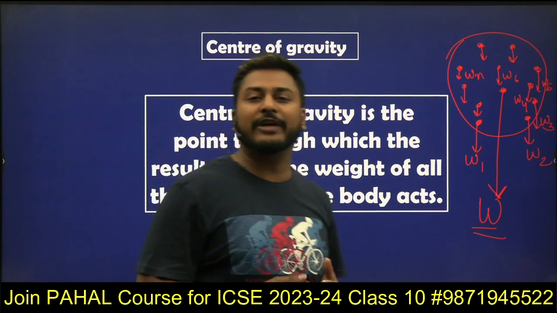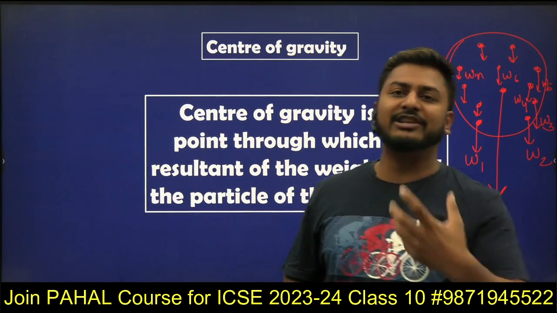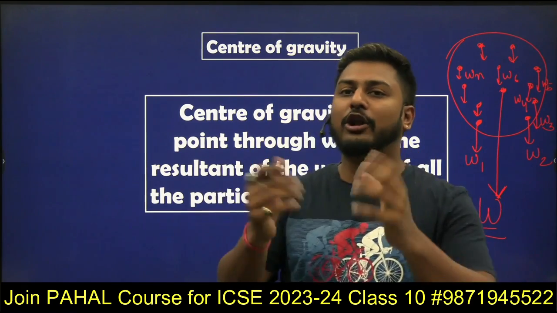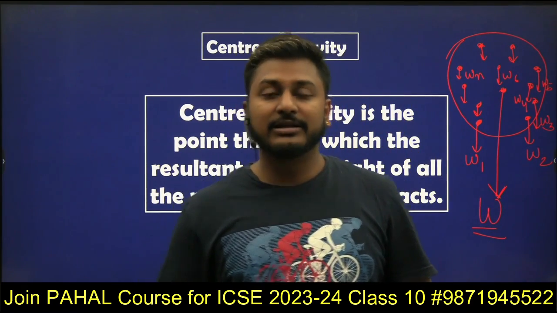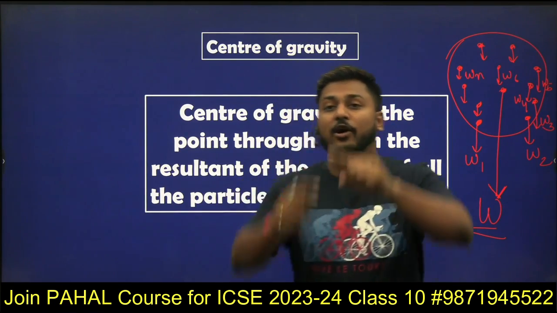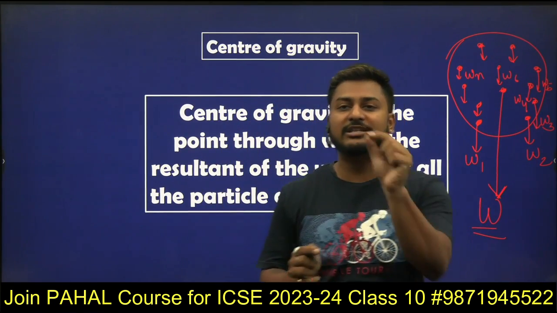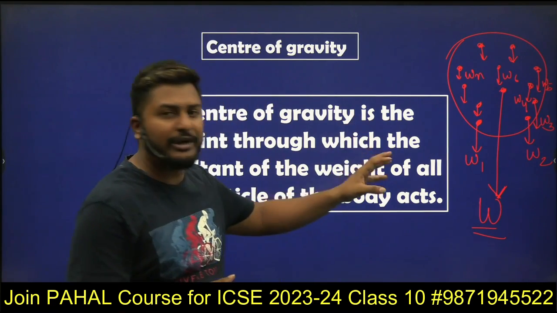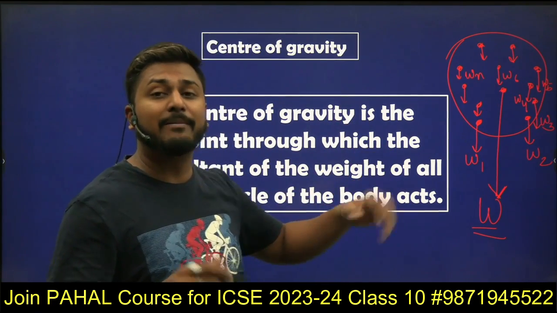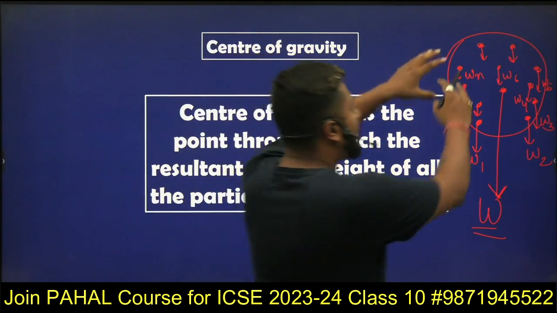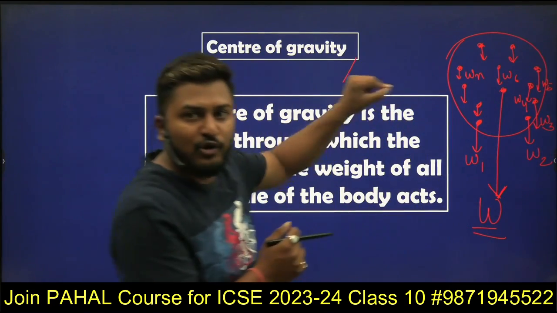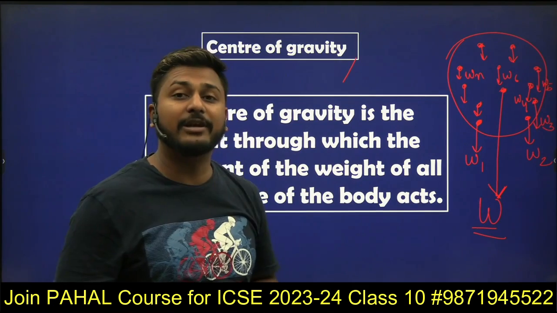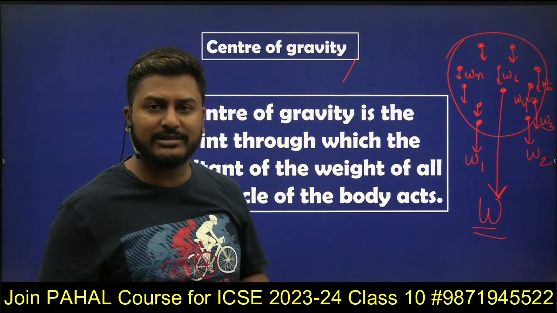So center of gravity is basically an imaginary point inside or outside a body, जहां पे हम ये समझते हैं कि all the mass of the body is concentrated at that point. So center of gravity is an imaginary point, जिस पॉइंट पे हम ये इमेजिन करते हैं कि अगर इस पूरी बॉडी का वेट एक पॉइंट पे हम लोग कॉन्सेंट्रेट कर दें, so that point is known as center of gravity. So that imaginary point is known as center of gravity.